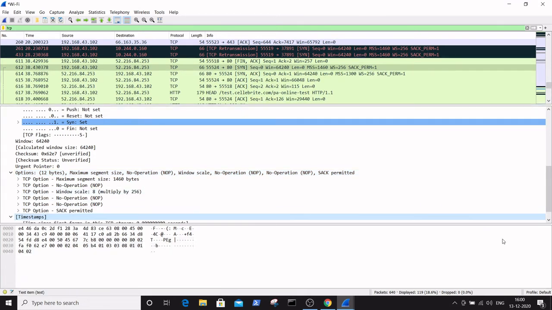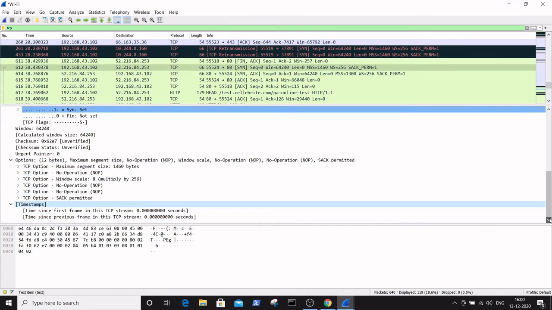Then the next field is timestamps. The purpose of the timestamps is to track the round trip delivery time for data in order to identify changes in latencies. Timestamp values are of 2 types, one is the timestamp value and the other is the echo reply.